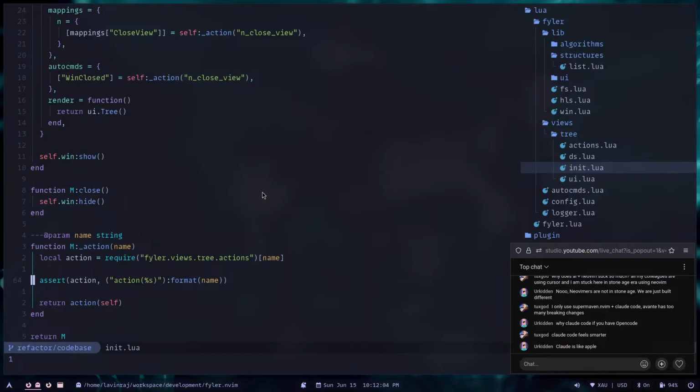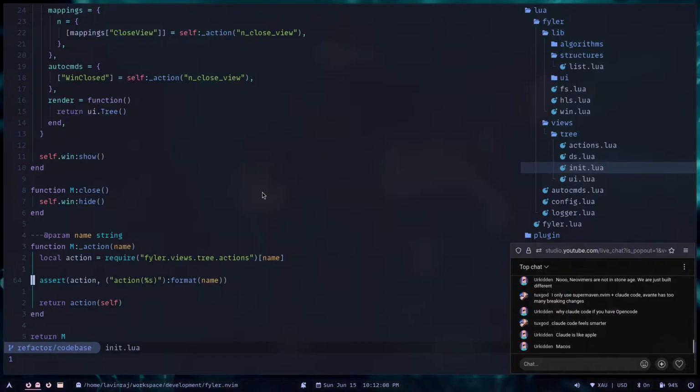Claude is like Apple. In which sense? Because there are so many memes also related to Apple macOS. Hmm, in the sense of performance, or